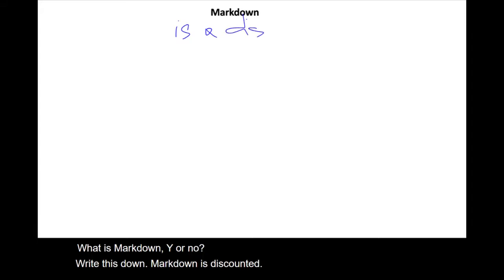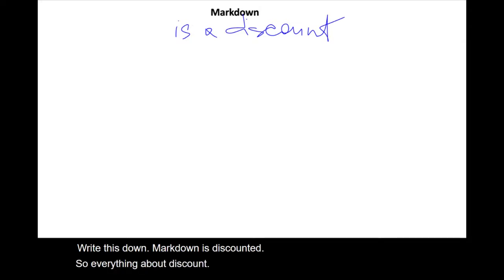Okay, Markdown. What is Markdown? Why or no? Write this down. Markdown is discount. So everything you know about discount will perfectly apply for Markdown. Just a little bit different